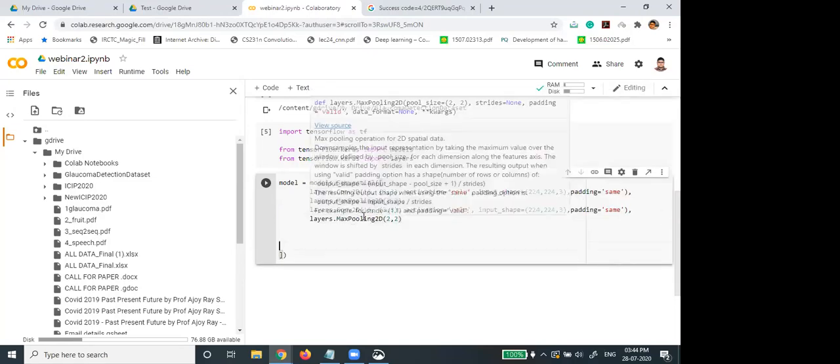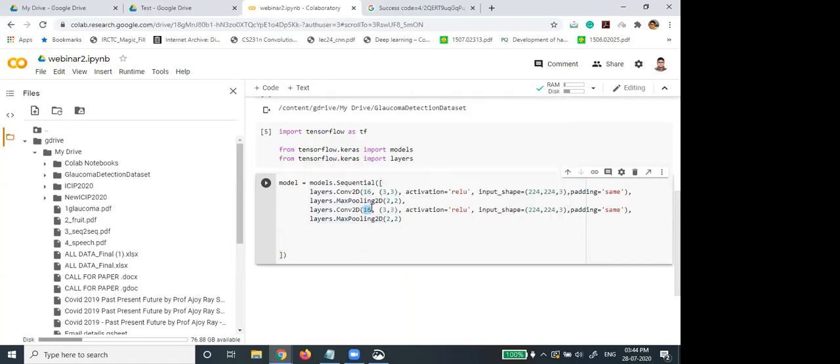Layers again I will use convolution, and I am increasing this 16 to 32. Activation same, input same. Now I am not using padding here. Earlier I used padding same, now I am omitting it just for example. Layers max pooling is the same.